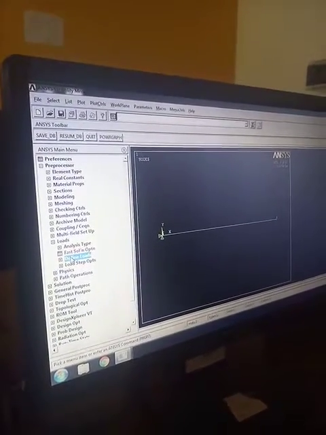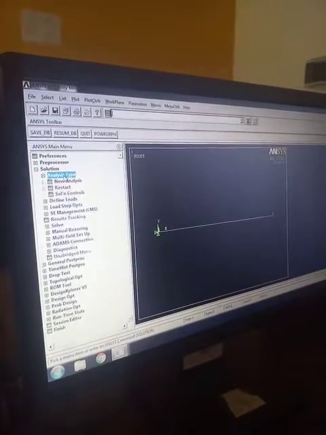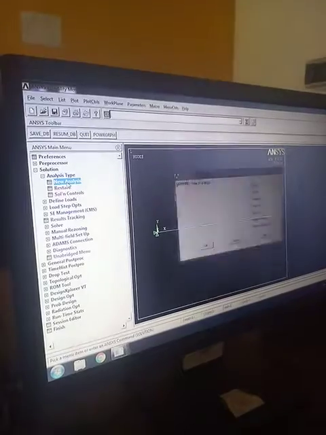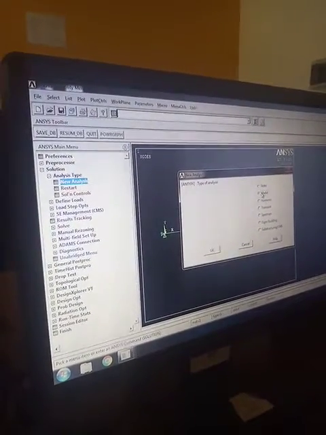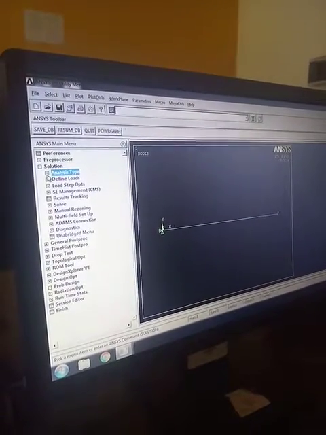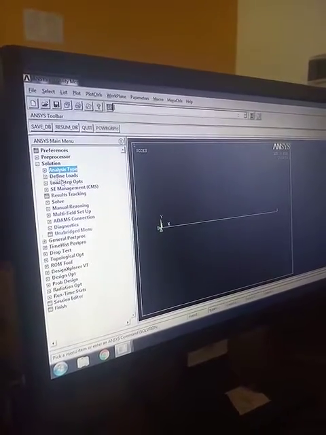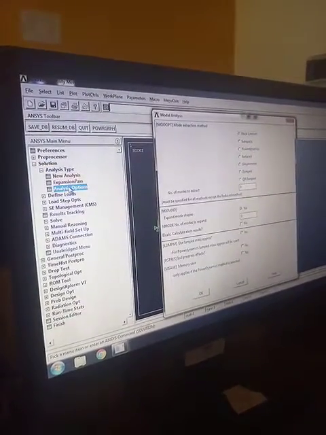Before going to the loads, just go for solution, analysis type, new analysis, go for modal analysis since we are doing a modal analysis. Okay. Then after that next go for analysis type, then go for analysis options.